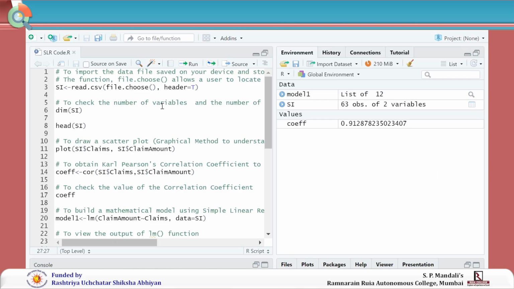So let's take a look at the case study and let me show you how to import the data file that we have chosen for our case study. As I had explained, this is the case study on the Sweden insurance data. This data is in the CSV format, and hence I am going to first of all import the data file